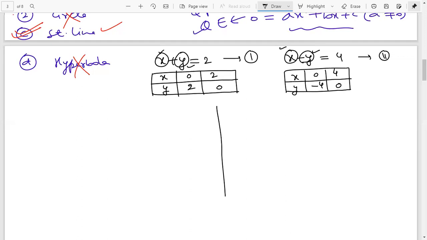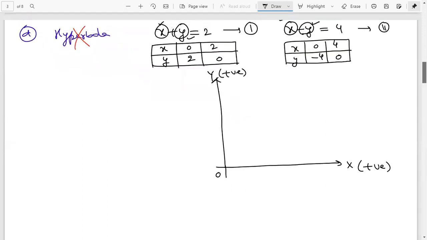So normal xy coordinate system, with the help of scale we can plot like this: y, x. Here y is positive because at the top we have y positive, and at the rightmost we have x positive. Now take equal values. By scale you can measure 1 centimeter. So roughly it is equal to this much: 1 centimeter, 1, 2, 3, 4. Up to 4 is fine. 5, because always see the values from here. Here we have values from 0 to 2. Here from 0 to 4 and minus 4.